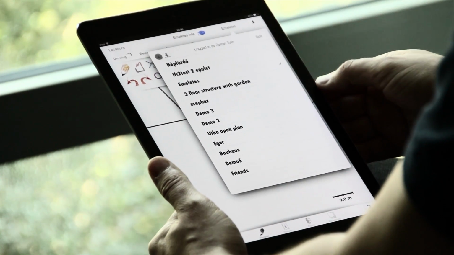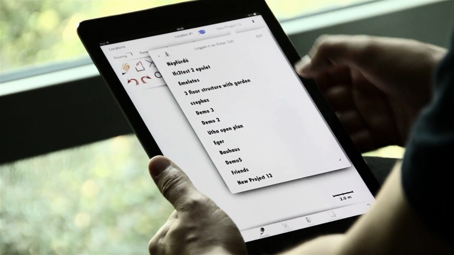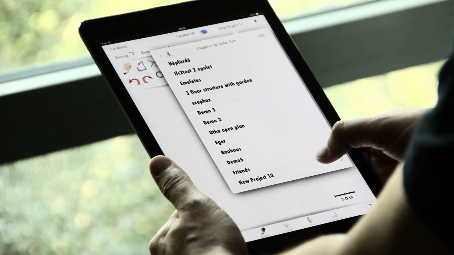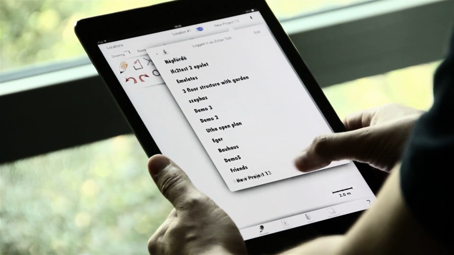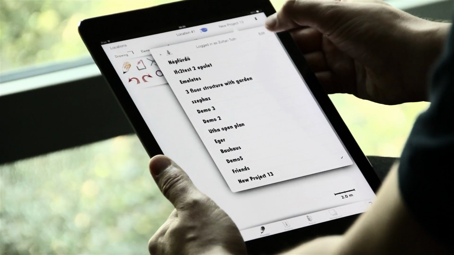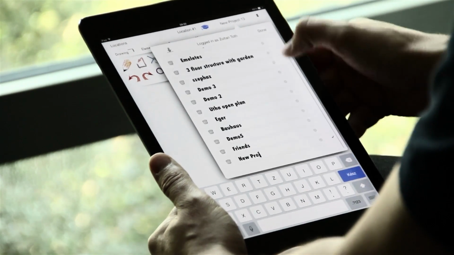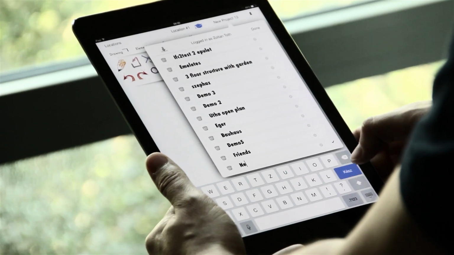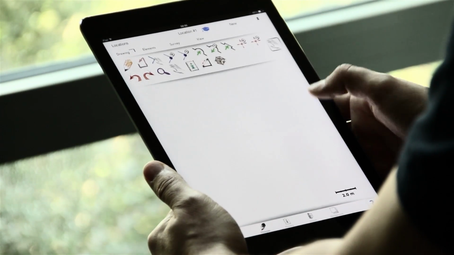We are going to click on plus and we are going to create a new project, a nice, clean and new one. It's going to be named by default New Project 13. Obviously, we might want to rename this to something we can actually remember. So we are going to tap on it, hit edit and rename it. Let's say the name is going to be new. If I'm going to save this project back to the cloud, then this is the name I can find it